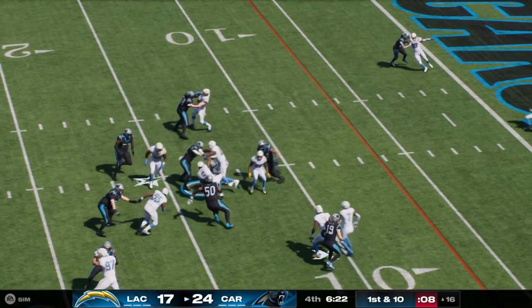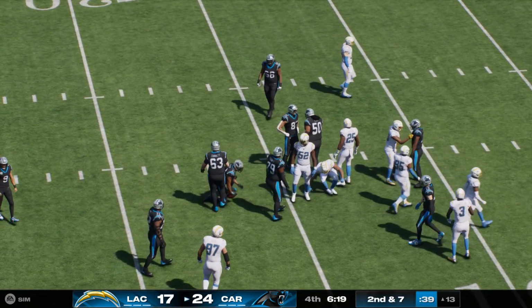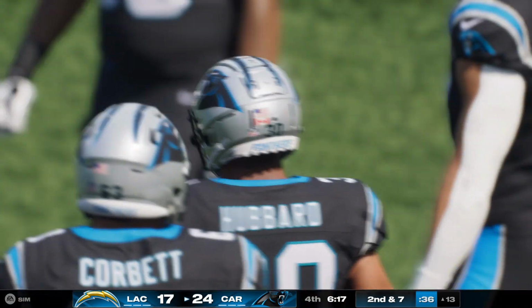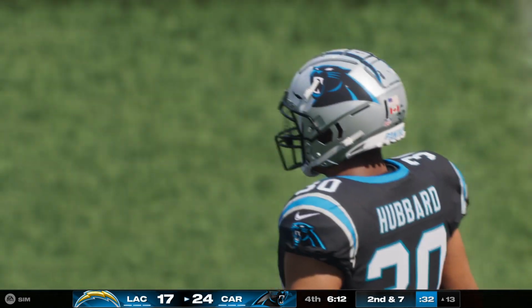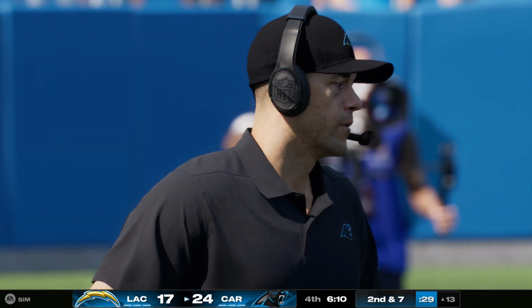A give up the middle, Hubbard. And they get to him quickly here as he's stopped right around the 13. A gain of 3, 2nd down. I like a guy who understands the situation. I also like a guy who you look at him and you say,